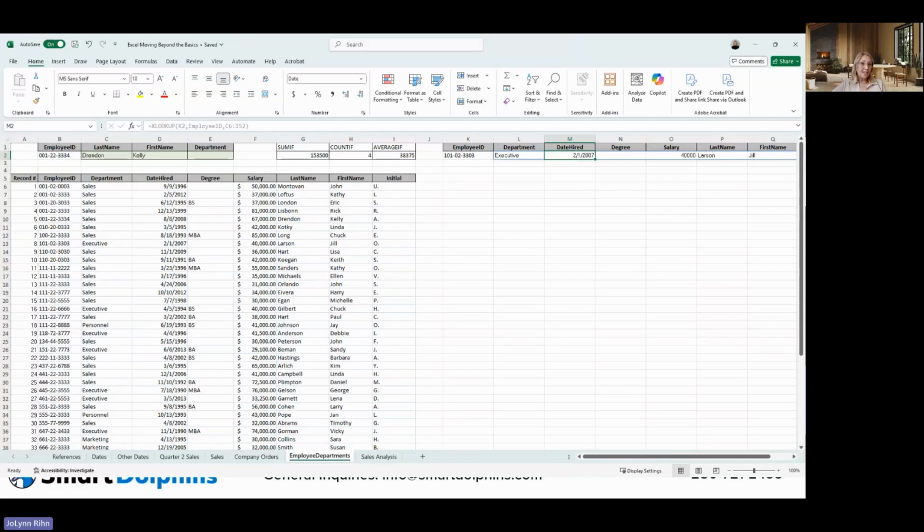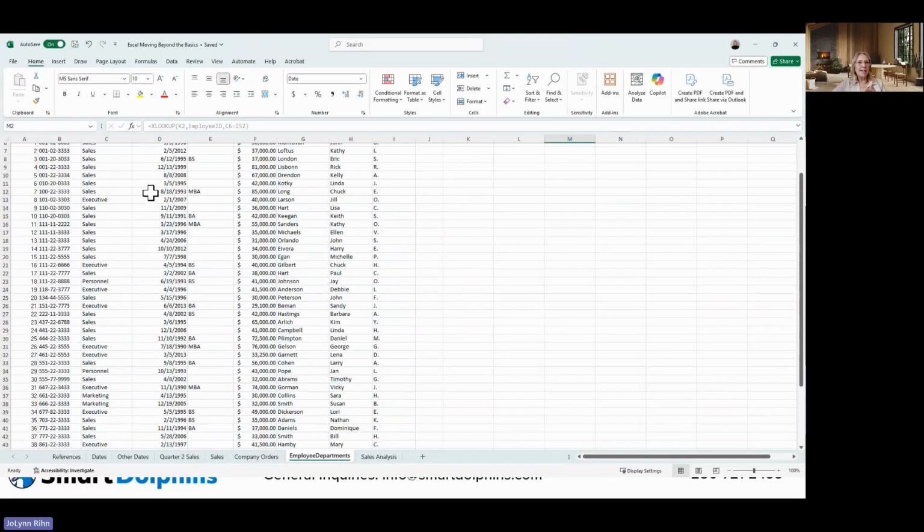With a VLOOKUP, I had to do a separate formula for each answer. But with the XLOOKUP, it could do them all at one single time based on the order that they appeared in. So pretty cool. Definitely practice. Check that out. Now also, if we go to page 7 and page 8 in your handout, it talks about